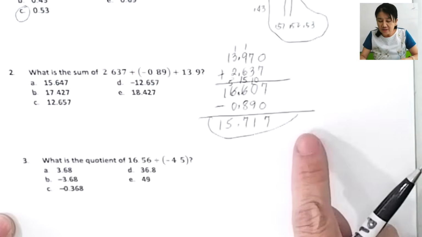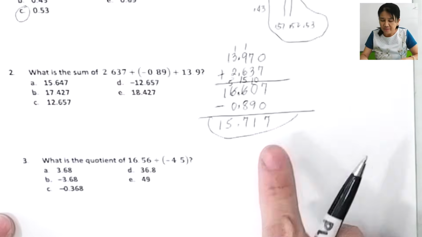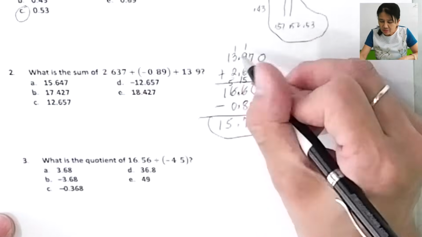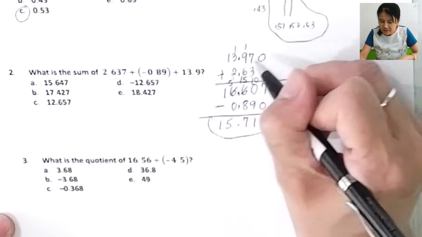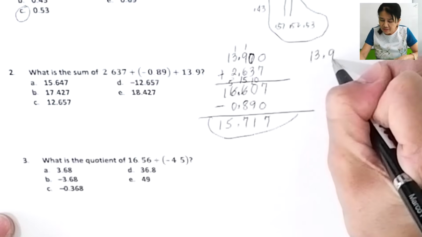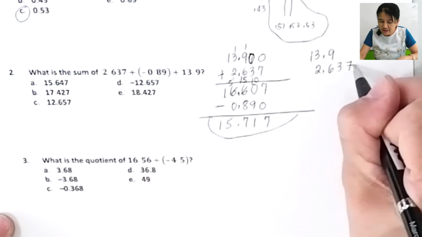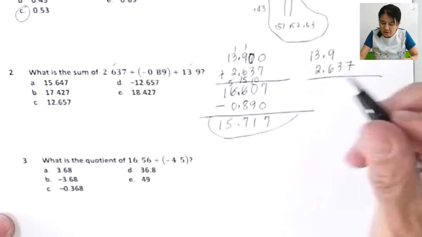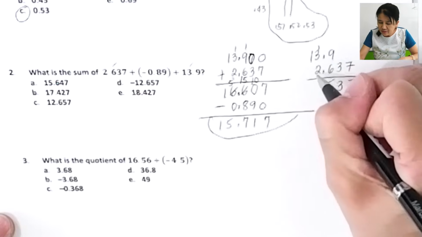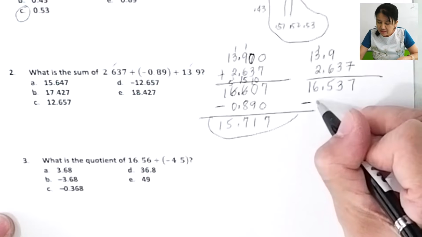So let us say there's an option that you write none if there's no answer, so you write here none. Let me check, go over it again. At 13.9. Oh, now I see it's not 13.97 but 13.9. Okay, let's go over it again. 13.9 plus 2.637. Add the 2 positive. 7, 3, 15, carry 1, 3, 4, 5, 6, 16.537. Then you subtract